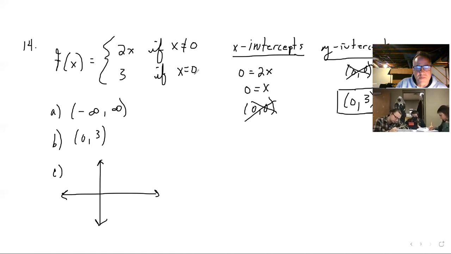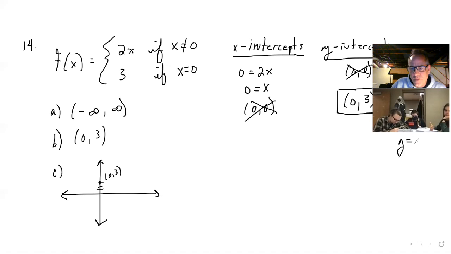Now this part's easy. It says if x is 0, output's 3, that would be the point 0, 3. This is a line, y equals 2x, and we would put it everywhere except at x equals 0. Now, you don't have to get too crazy with it, but anytime, I'm going to go over here kind of sidebar,